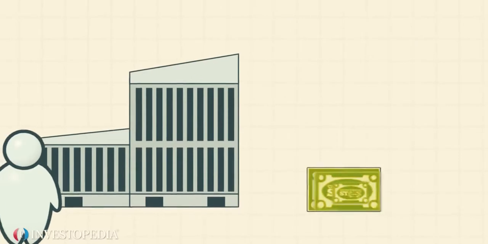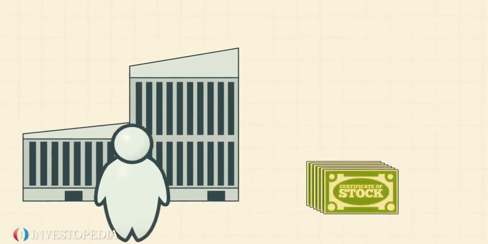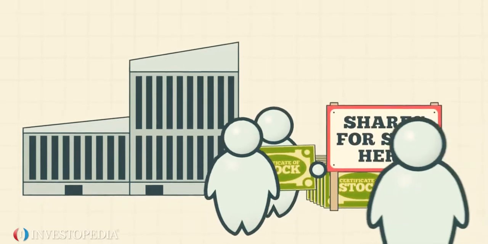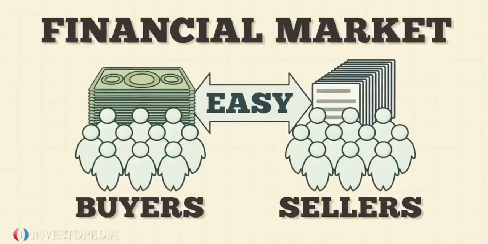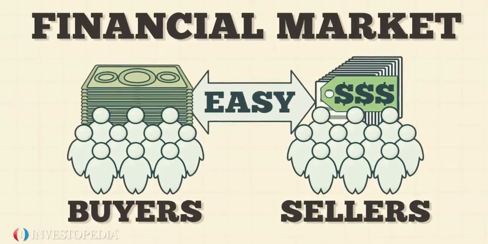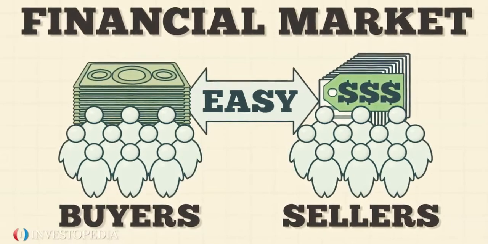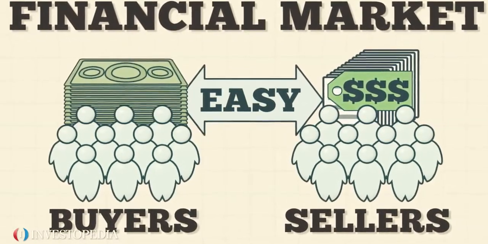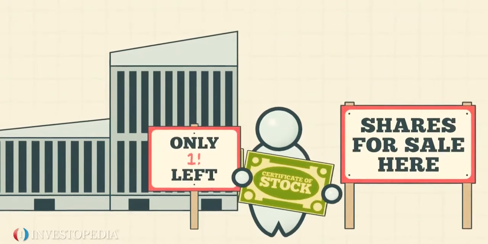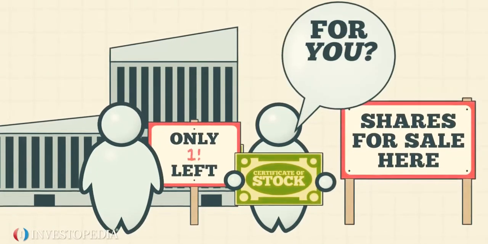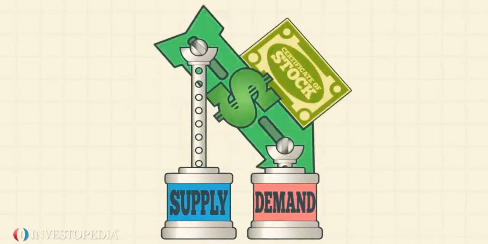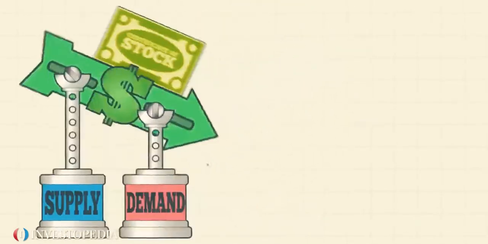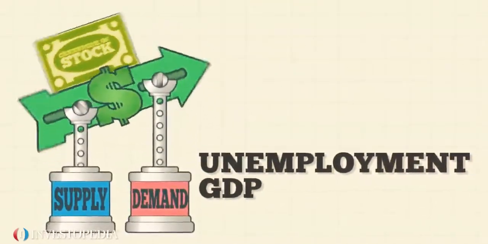Without the infrastructure of a market, sellers would have to seek individual buyers using less efficient methods such as classified ads, much in the same way someone sells a used car. In addition, the centralized location provides transparency for price and availability and better subjects the securities to market forces of supply and demand. This in turn assures buyers and sellers of a fairer price than they might otherwise receive in a single private transaction. Because they are subject to supply and demand forces, financial markets sometimes experience wide volatility due to variables such as the unemployment rate, gross domestic product, and housing prices.